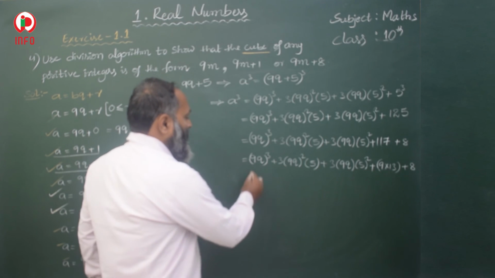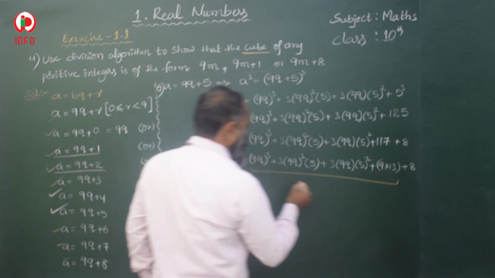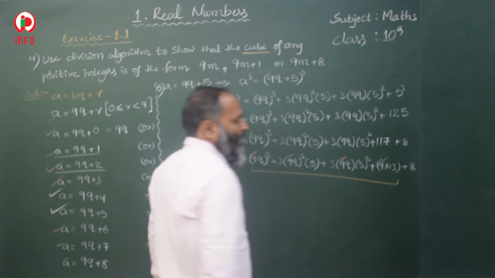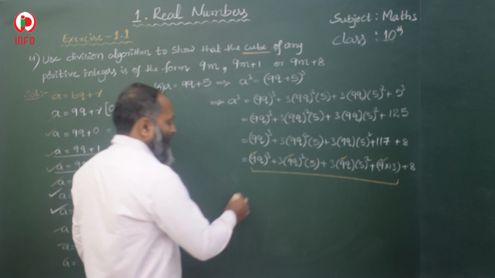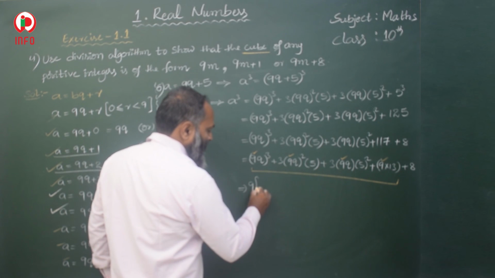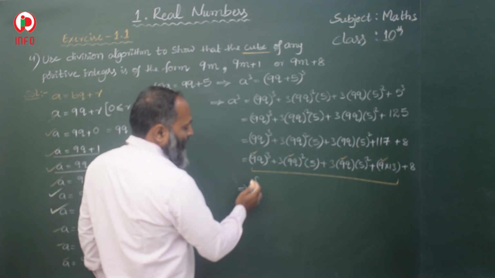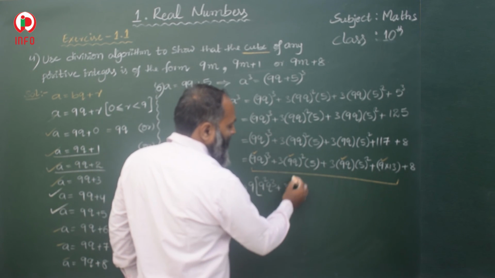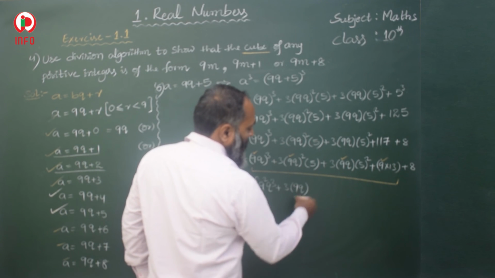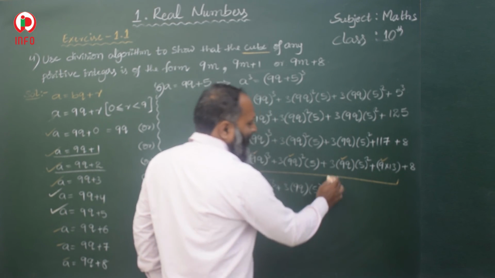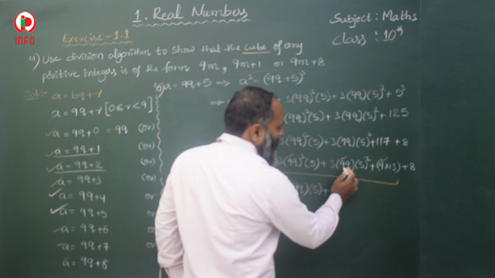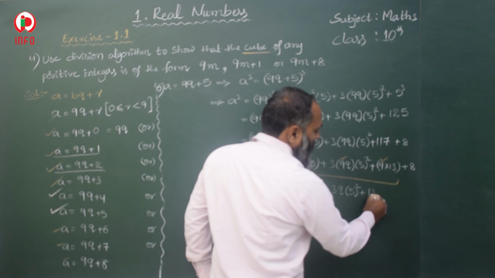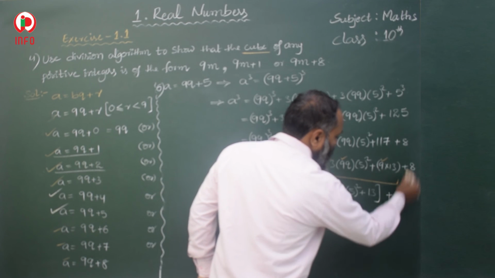Now from here to here we have 9 common. Here 9 is there, in the second term 9 is there, in the third term 9 is there, and in the fourth term 9 is there. It means we should take 9 as a common. If you take 9 as common, here 3 9s are there. If you take 1 9, 9 square is left, and cube plus 3. Here 2 9s are there, 1 9 will get common, 1 9 will be left, 9 cube into 5 plus. Here only 1 9 is there, that 9 will get common, so 3 into cube and 5 square left. Here 1 9 is there, that is common, so 13 is left, and plus 8.